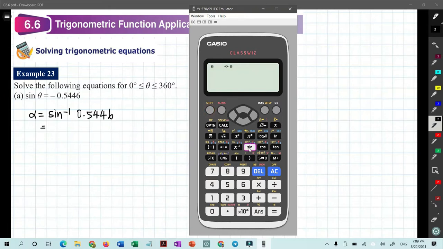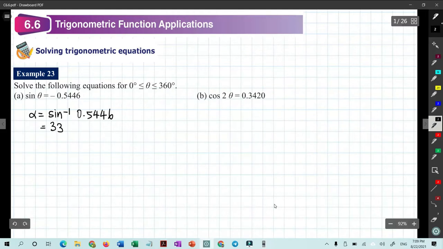Shift sine 0.5446 equals 32.997. If you round off this value correct to 2 decimal places, the value is going to be 33.00. So we can just write it as 33 degrees. Okay, next,